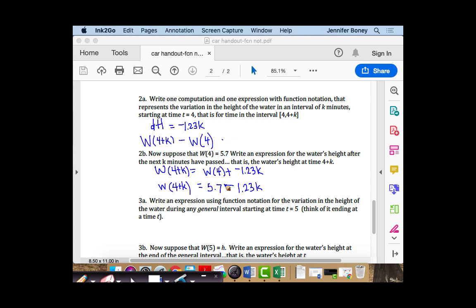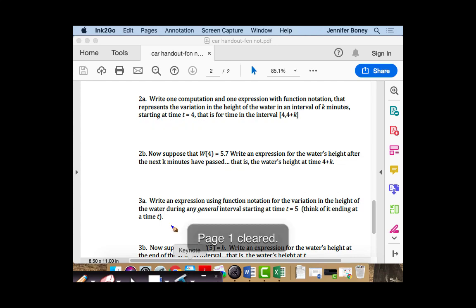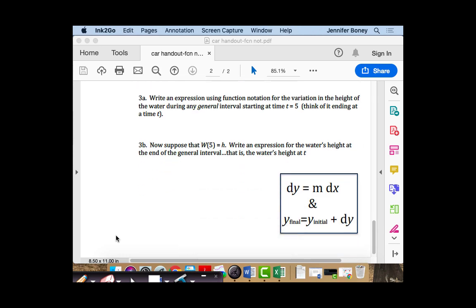All right, so number three, kind of the same thing, more and more general. So if I wanted to look at an expression using function notation for the variation in the height of the water during any general interval starting at t equals 5. So think of it as going from 5 through t. And then you could even imagine, well, what happens as t starts maybe at 5 and gets bigger and bigger and bigger,